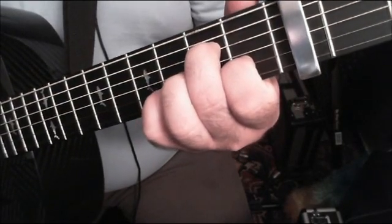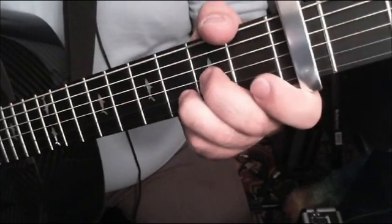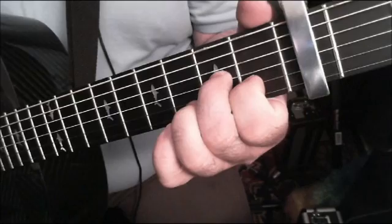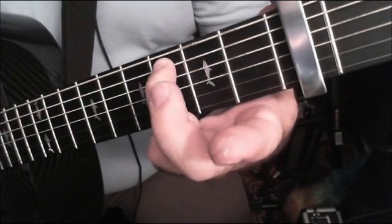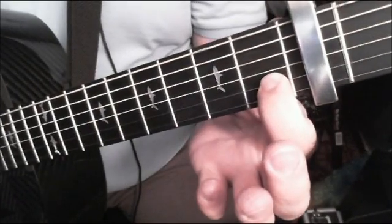A minor 7th, and then we have the Solar Glory part. Solar Glory part is a regular C chord. A third fret, D second fret, open G, first fret B,